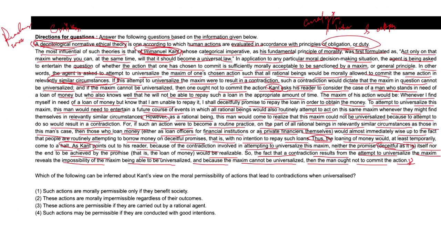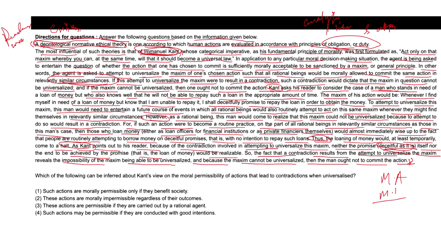You can say that this contradiction demonstrates that such a maxim cannot be universalized, and hence the man should not undertake the deceitful action, isn't it? So in this case, if you look into that, the main argument or main idea is what? Now, the main argument of the passage is that Immanuel Kant's deontological,